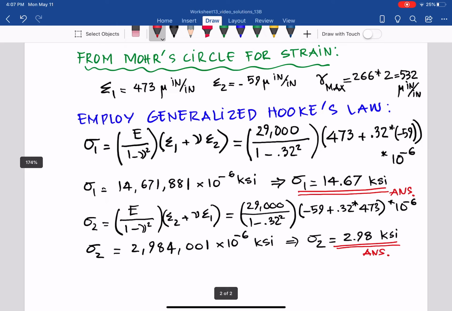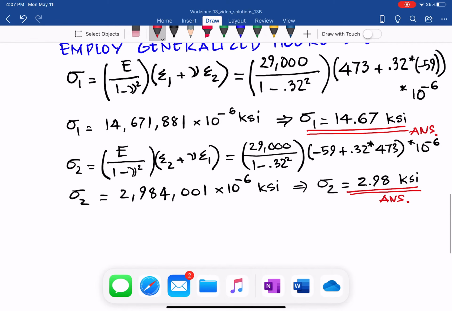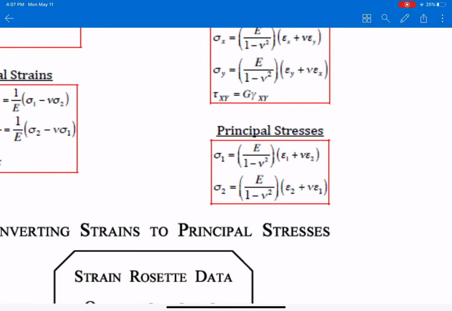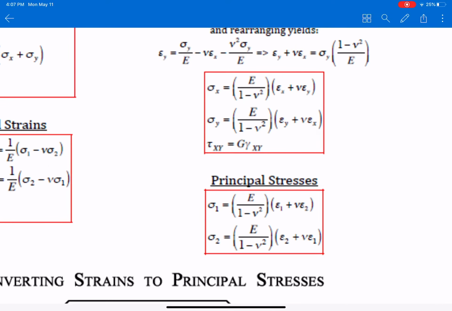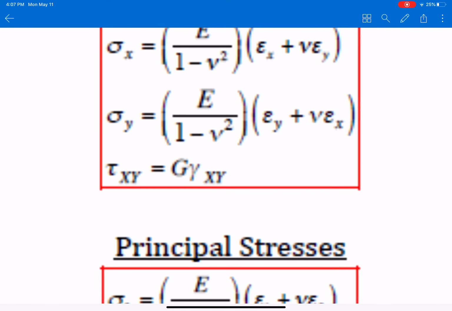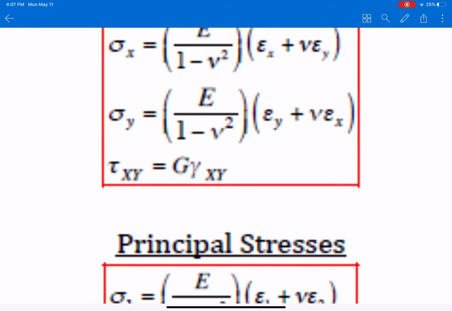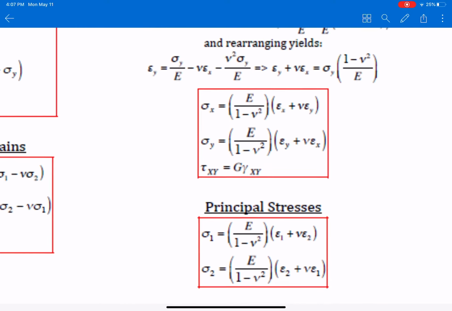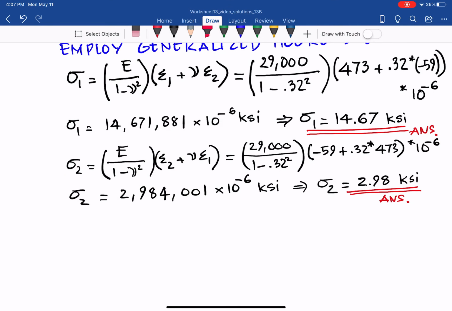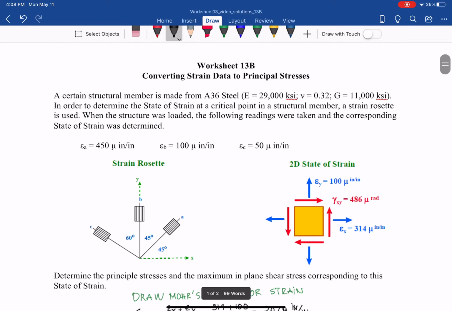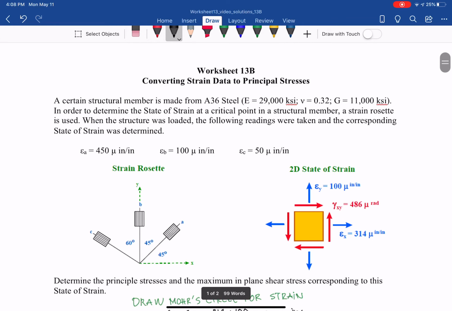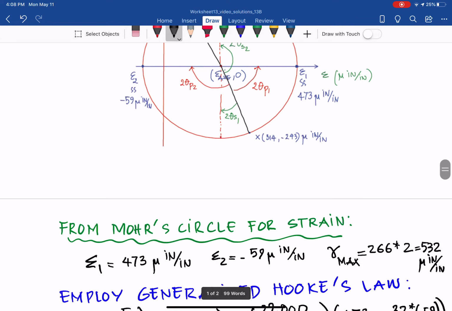And the question also asks for the maximum in-plane shear stress. Even though in your handout we don't have the equation for tau max, we can actually apply it here. Tau xy equal to chi gamma xy. So tau max equal to chi gamma max. That's it. So we can go back here. We have tau max equal to chi gamma max. And chi, from the problem given for the A36 steel or appendix B, is 11,000 KSI. So plug in